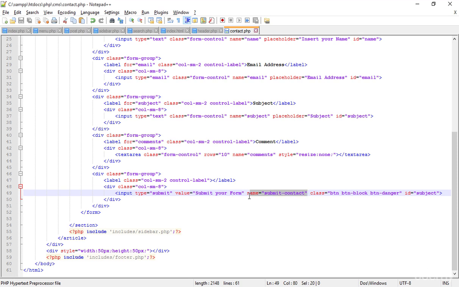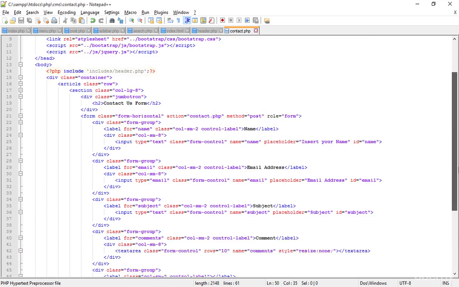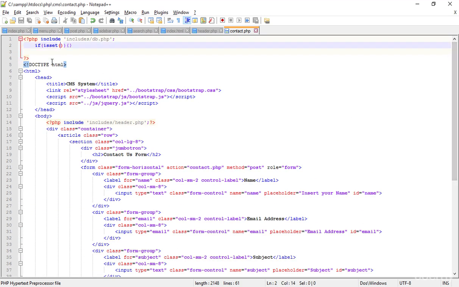Okay, I created the name submit contact for the submit button. So does submit contact exist or not in the post method, meaning did you click on the submit contact button or not. If you remember, the method is post, so I'm receiving the form in the post way. So here in this way, submit